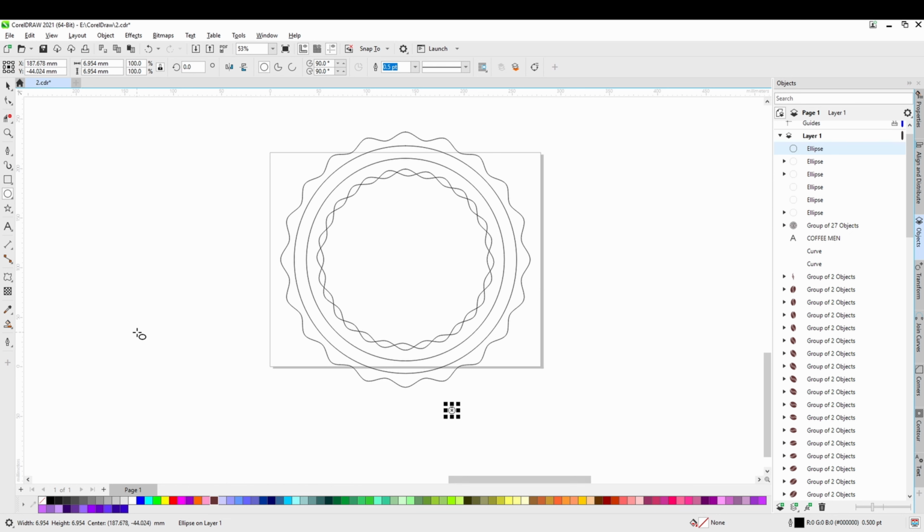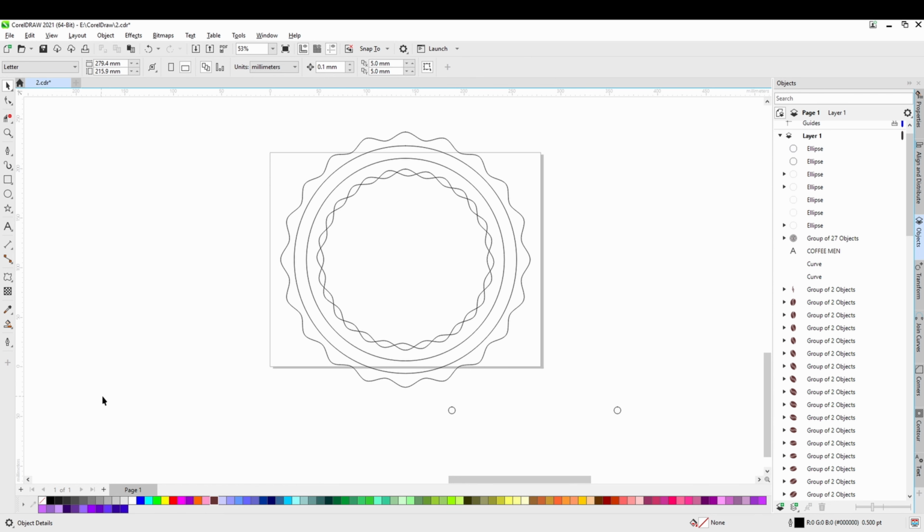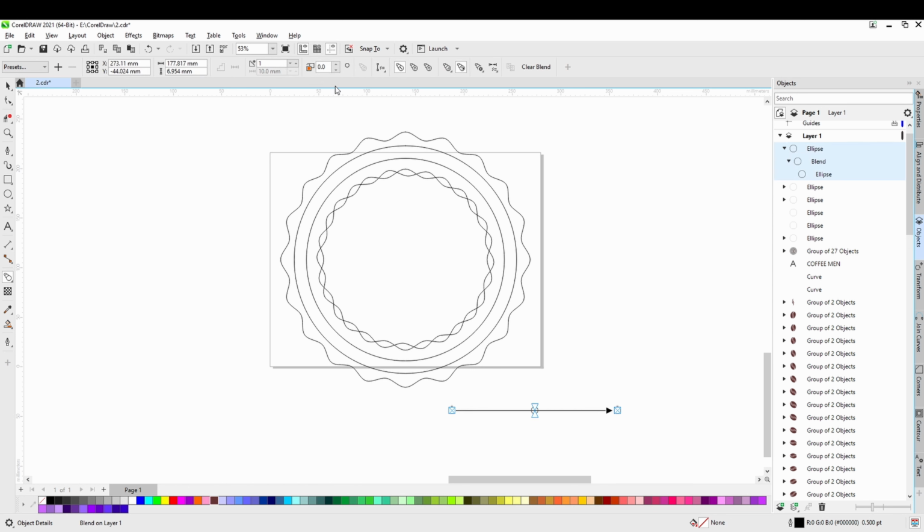So select, create 2 circles and drag distance between them, and after we make a blend between them. Select your tools, blend the first one to the second one. The number now is not specific, just for the purpose of activating the order. After we put it on this path,